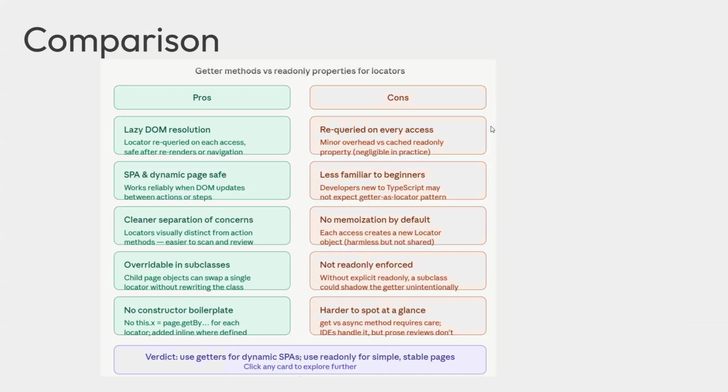The advantage is that the getter method does lazy DOM resolution. When I say lazy, it means that when the elements are required, they are initialized using the getter method, whereas with the constructor they get initialized at the beginning. Lazy initialization is always good, and that is an advantage we get with the getter method. Another advantage is handling dynamic elements. Once we use the getter method, we can handle the dynamic elements.